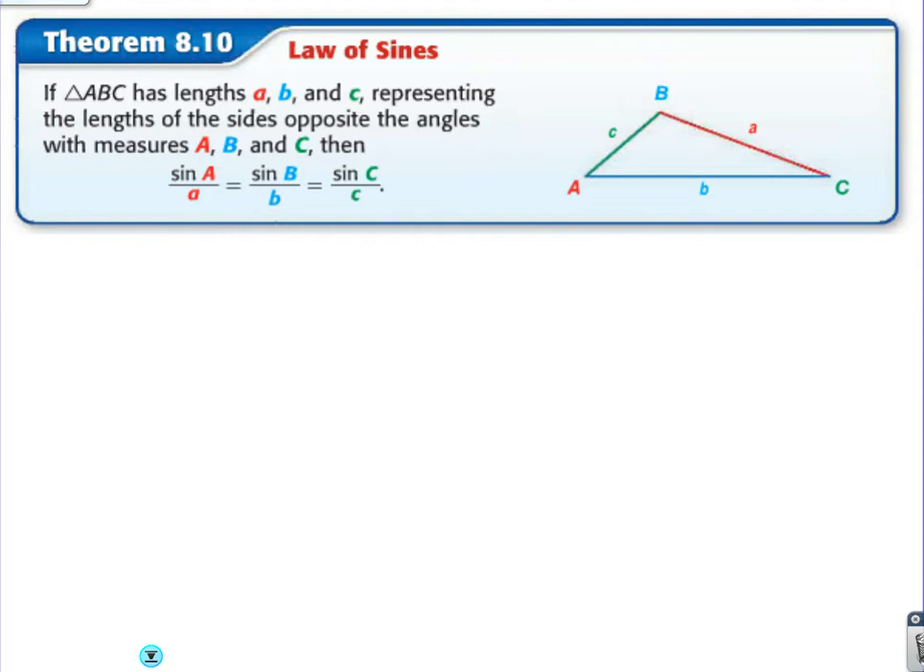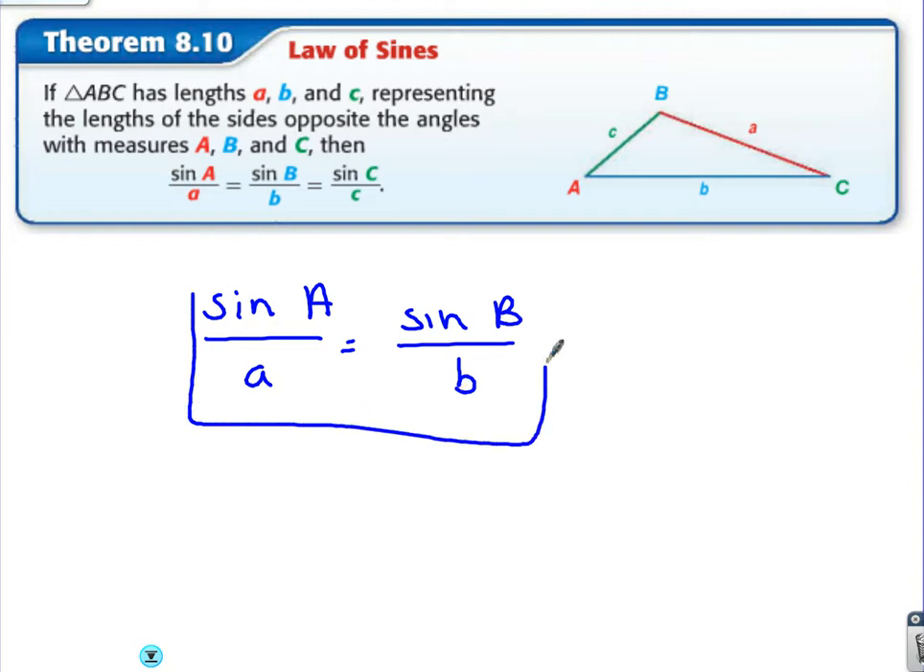The law of sines is very, very easy to use. The law of sines states this: the sine of an angle A over some side a is equal to the sine of an angle B over side b, and the sine of angle B over side b is equal to the sine of angle C over side c. You have what's called proportions here. Everybody knows how to solve proportions, and if you can solve proportions, like I said, these are going to be